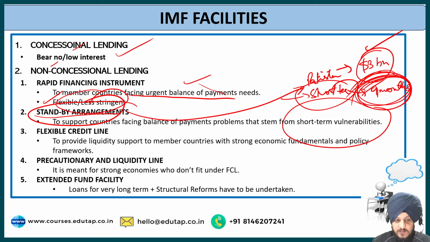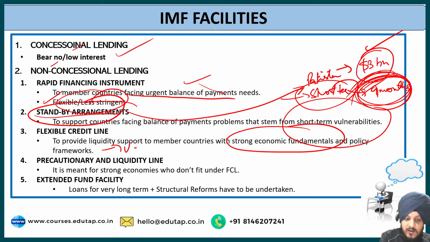The next is the flexible credit line. So it is given to those countries who have strong economic fundamentals, for example, the United States. So this is about the flexible credit line. The next is the precautionary and liquidity line. So it is meant for strong economies who don't fit under the flexible credit line,